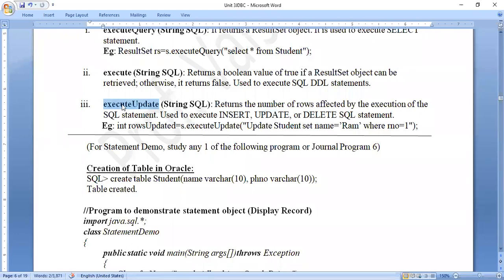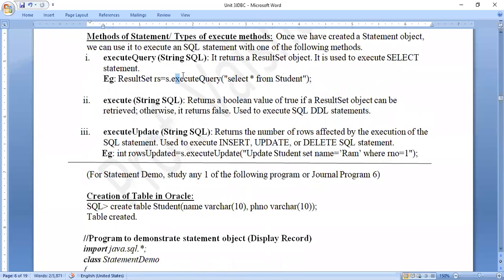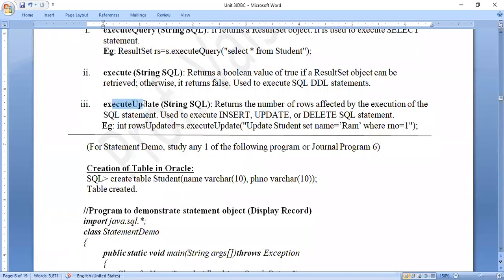Now, unlike execute query, where we get the result set object, when you execute update, that means when you execute insert, update or delete statement, for example, s dot execute update, update student set name equal to Ram where roll number is 1. When we execute, this statement will not return me the result set.